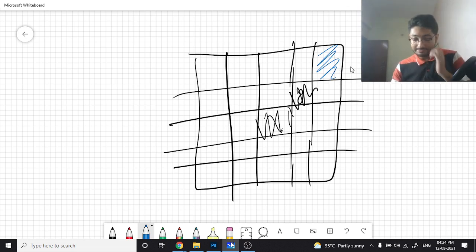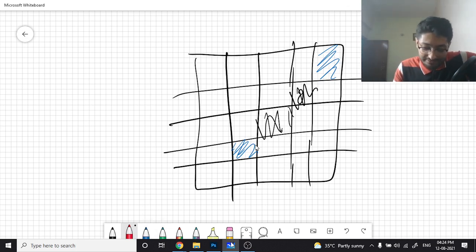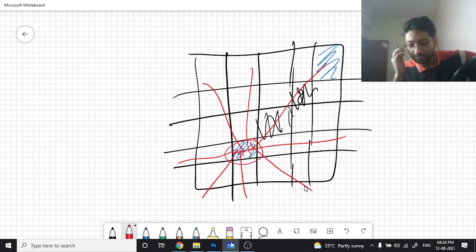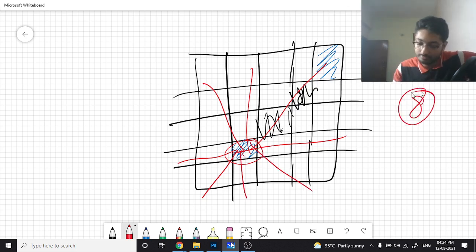Now the problem asks whether placing a white here is good. Because it's an endpoint, what possible options do I have? If this is white, then one option can be this line, this line, this line, and so on. So there are 8 possible directions in which you can check whether it is an endpoint.